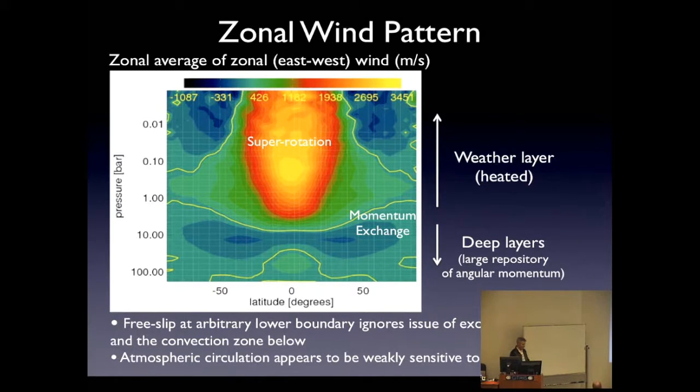So let me mention something. Of course, I'm not the only one who was worried about this. And I think other people have done the same exercise of saying, instead of cutting at 100 bar, let's cut at 200 bar or 300 bar and see whether the depth of the atmospheric layer we model has any effect on the layers that we are interested in terms of observation. The weather layer is where you emit, where you force from insolation, you irradiate in infrared, and that's what we care about from an observational point of view at least. And there is evidence that the model results do not strongly depend on where you cut. So that seems reassuring. But I think that's a misleading